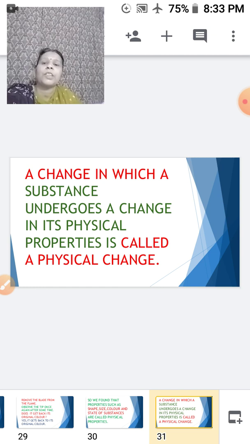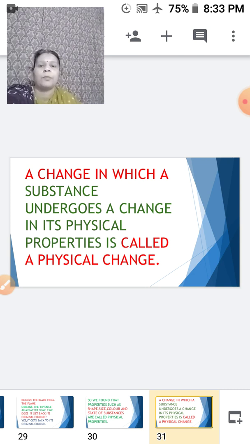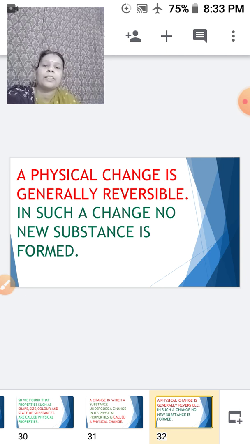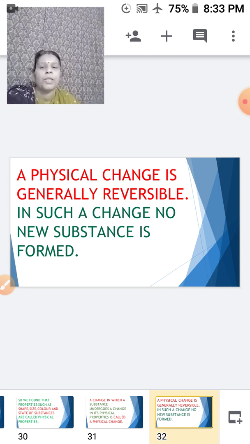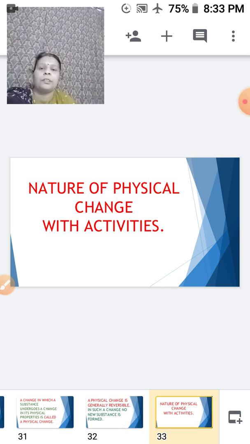A change in which a substance undergoes a change in its physical properties is called a physical change. So children, whenever a physical change is taking place, it is generally reversible. In such a change, no new substance is formed.